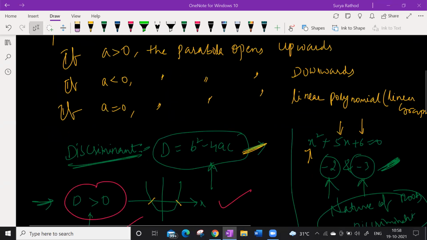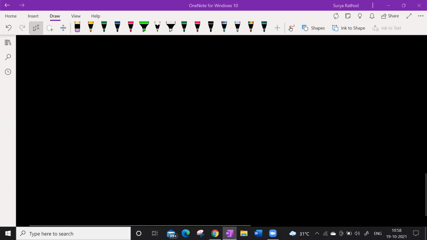And now we'll go with Sujay's doubt. Bhargav, I hope I cleared your doubt briefly. There's one small doubt, sir. If D is less than 0, it shall not touch the x-axis, even if it's above or below, right? Exactly. Okay, sir. Can you just explain in brief how to draw it? Which one? The parabola, sir. How to draw it? Can you explain in brief? Drawing the parabola. Yes, sir.